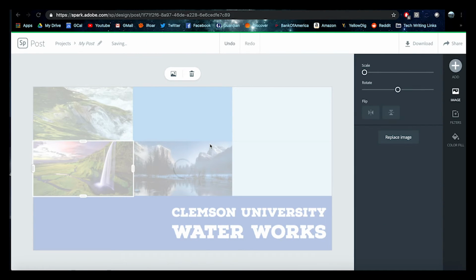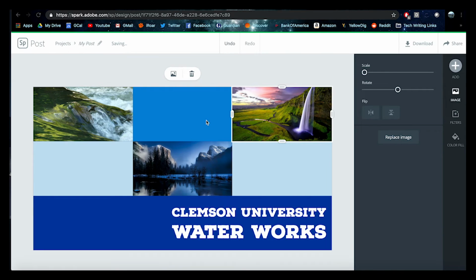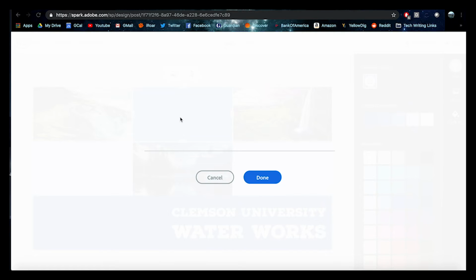Anyway, already my graphic is looking pretty good, and all I've done is upload a few images. I've done this in about 3 minutes. Basically, I'm going to suggest that you're going to have to work your project out, what your actual goal is, a little bit more in depth than what I'm able to do right here. But I can go in and add, let's see,